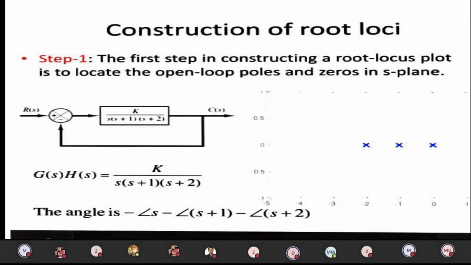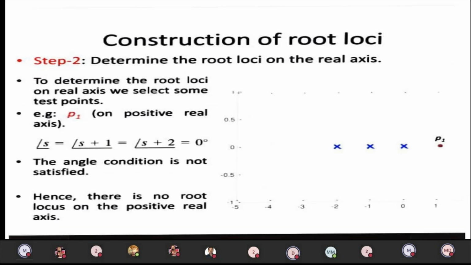Now we already know the s plus terms located in the numerator will be zeros, and the s plus terms located in the denominator will be poles. So s is equal to 0, s is equal to minus 1, s is equal to minus 2. That is what has been located here as a cross. Always, zeros will be represented as a small empty circle. So it is easy to locate the poles, and then we can go for the next step.